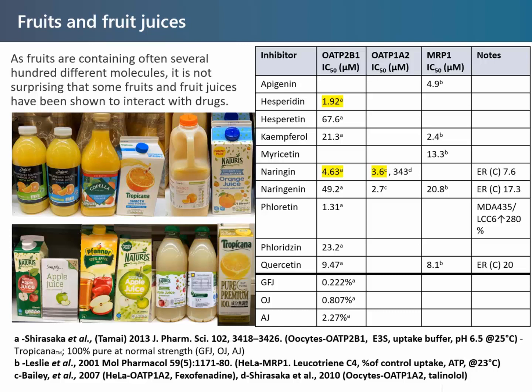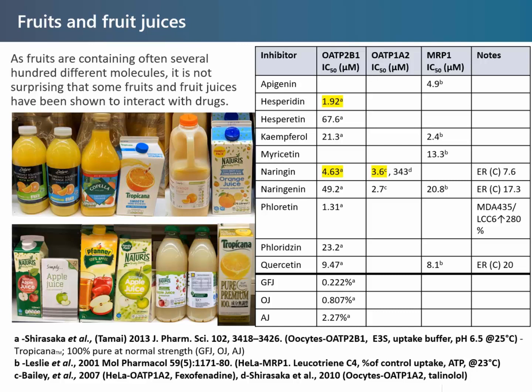So what we do need to do then is understand how the naringenin is driving it. The difference is also that in that moment, it's not only grapefruit juice, because apple juice and orange juice also become relevant to look at. So if you have a big component of the OATP1A2, then you want to look at it, but it's rather a seldom case as far as I see it.